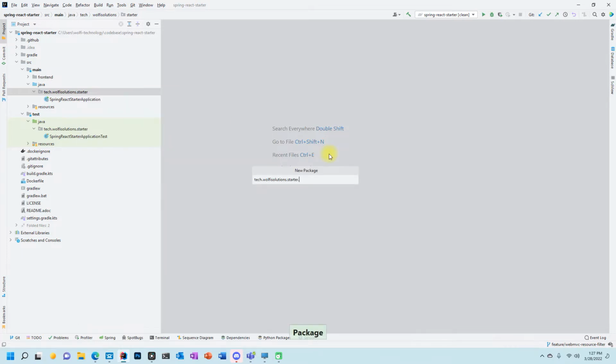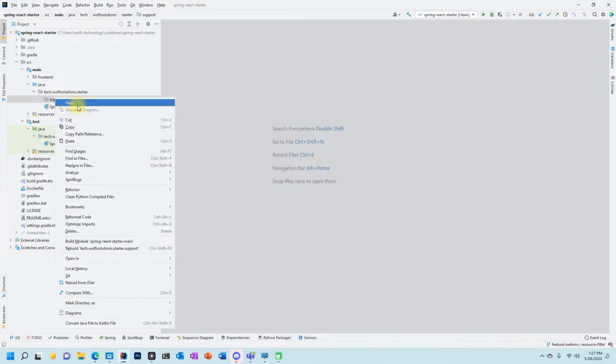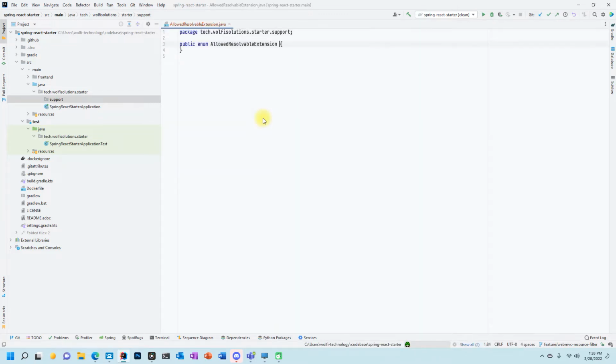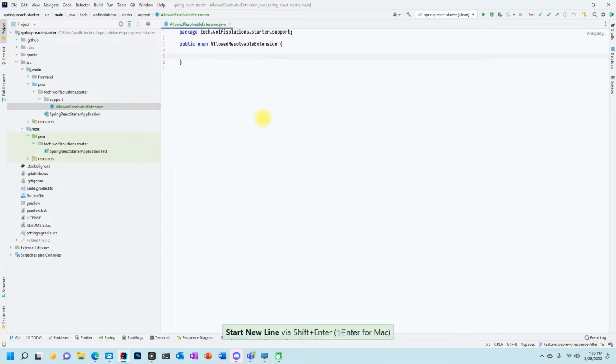So let's create a package called support, and inside that we're going to create an allowed resolvable extension. So we're going to make this an enumeration class. We're going to support HTML, JavaScript, JSON,